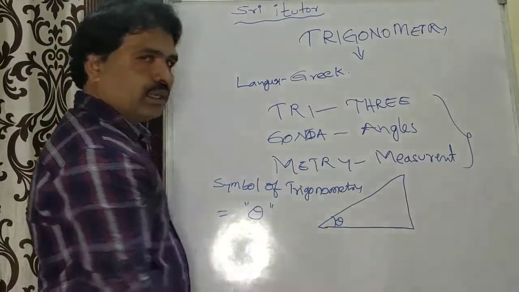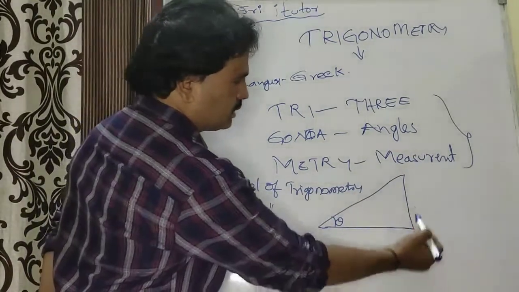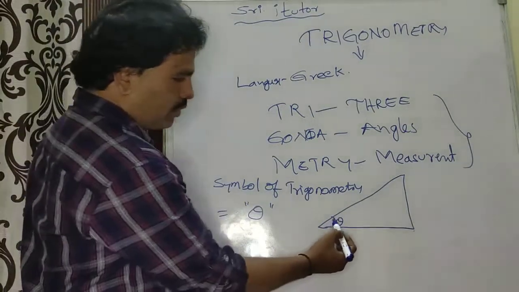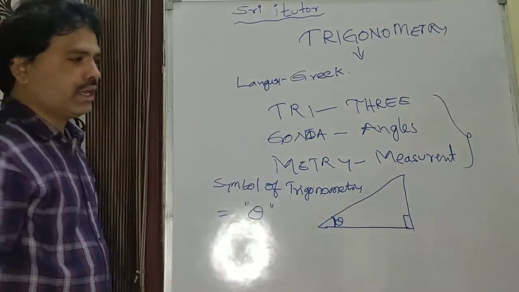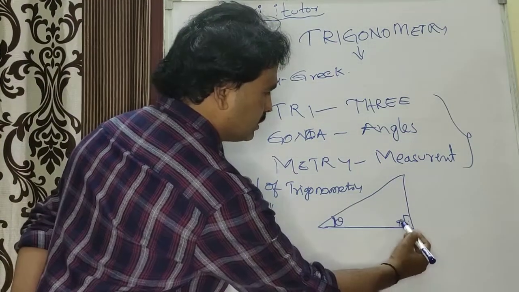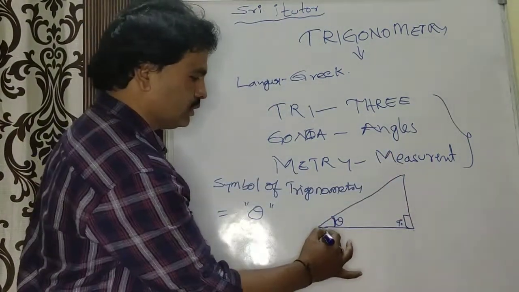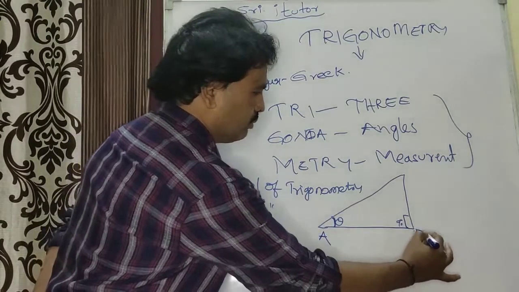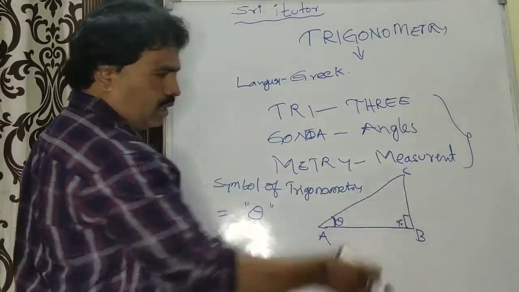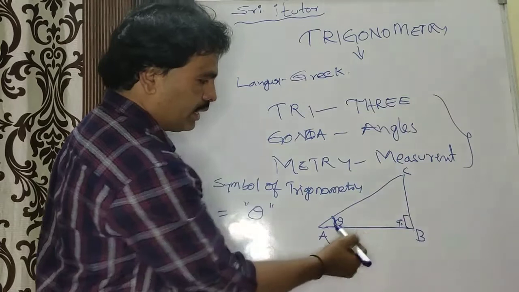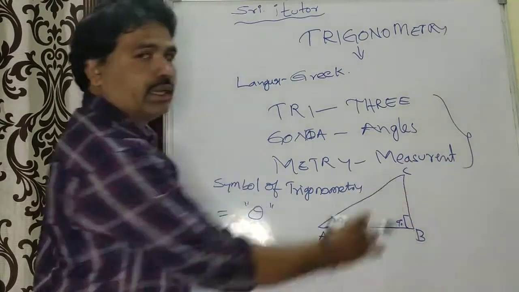Here in this triangle, three bounded sides, it's called a triangle. This is the first side, this is the second side, this is the third side, and having one acute angle. This is a right angle triangle, which always has a 90 degree angle. Here we give names to the triangle: first this is A, second one is B, third one is C. So three sides, using the 90 degrees as a right angle and having one acute angle, this is called a right angle triangle.